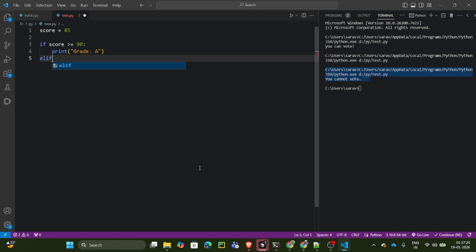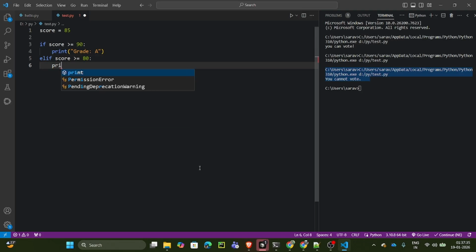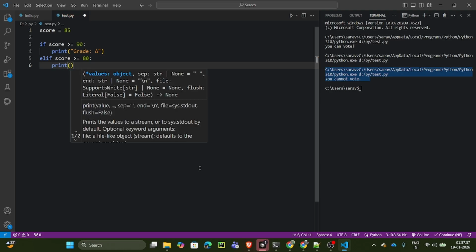It's not else if, because in Java or C we used to see else if, right? So elif score is greater than or equal to 80, I'm going to give grade